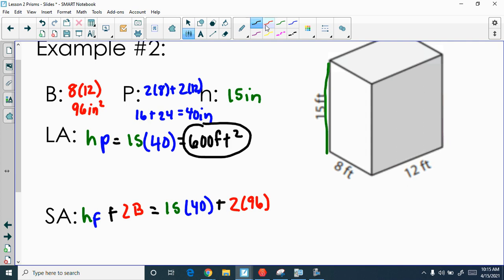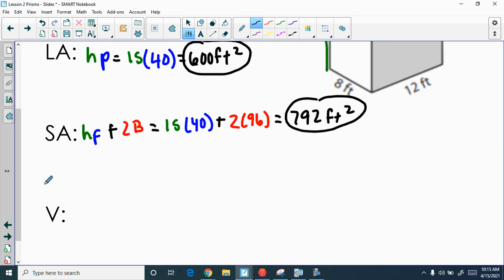And we'll type that straight into our calculators, and we'll get 792 feet squared. Our last one here is volume, and we're going to do big B times H,